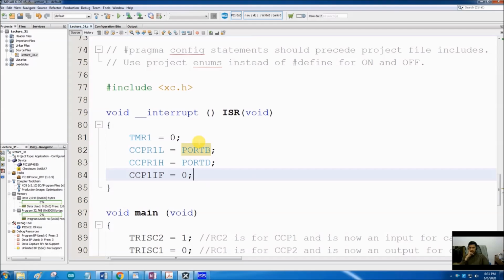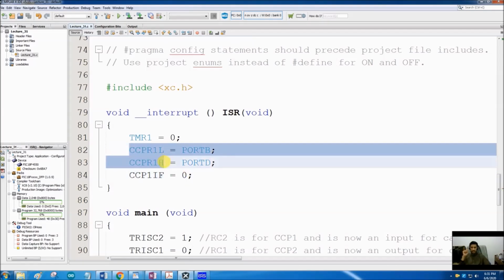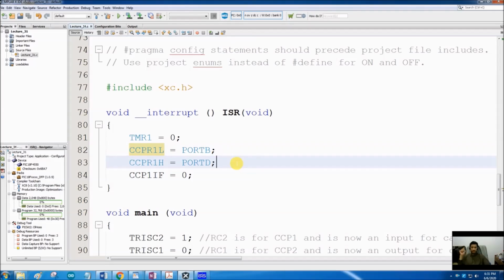Now the timer is running. The timer was running, it was counting up from 0, 1, 2, 3 up to, let's say, 1000. And when it was at 1000, a falling edge occurred. As soon as the falling edge occurred, the current value of timer, that was 1000, was copied to these two registers, CCP-R1H and CCP-R1L. But the timer kept running. I did not clear the timer. No one could clear the timer. The software did not clear the timer. It kept counting up from 1000 to 1001 to 1002.